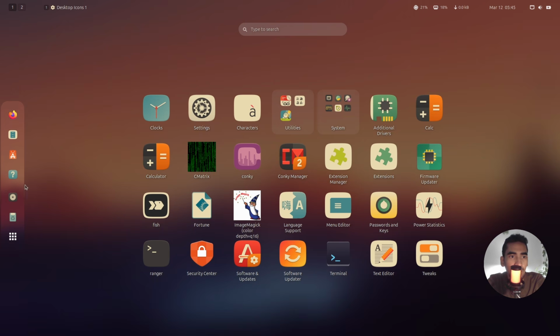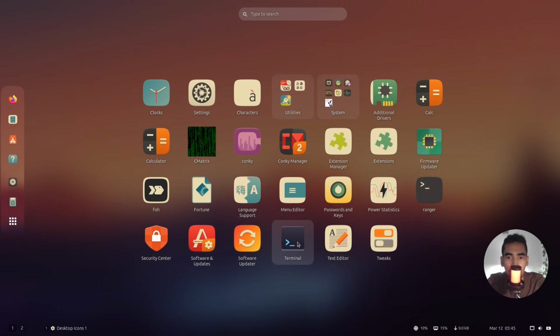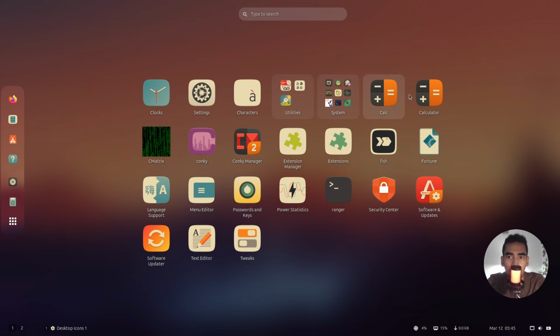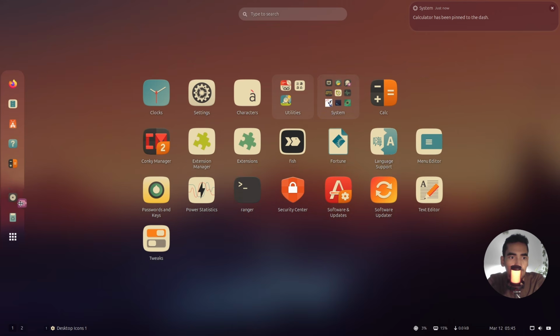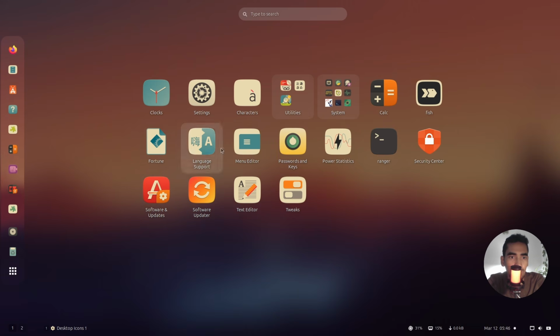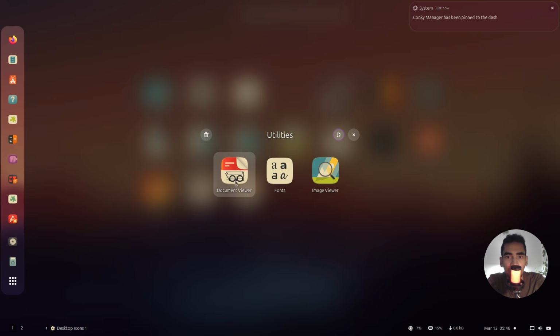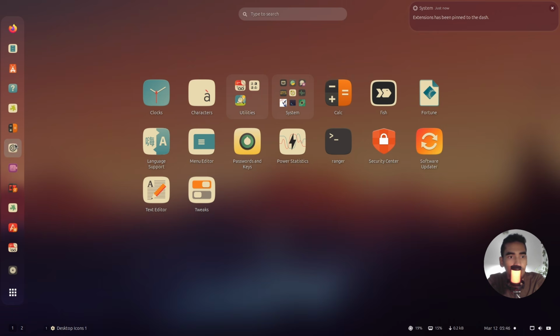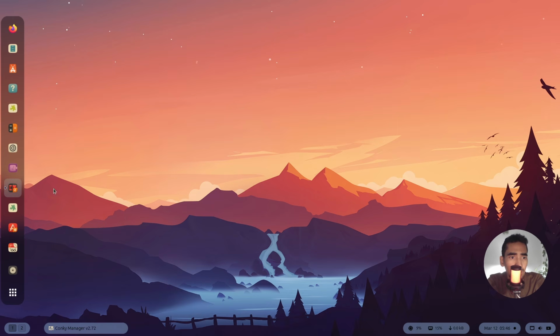Let's go ahead and quickly add some applications to the dock. Okay, so let's move this over here. So let's add some applications. Extension manager. For the sake of this video, let's just quickly add some random applications. Okay, so I can add some applications like that, and after that let's go ahead and open up Conky manager,